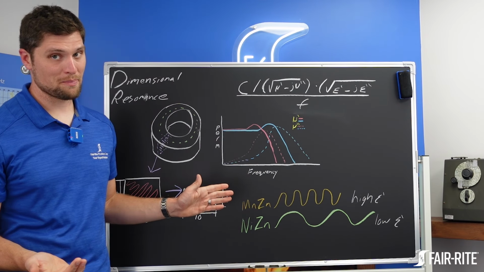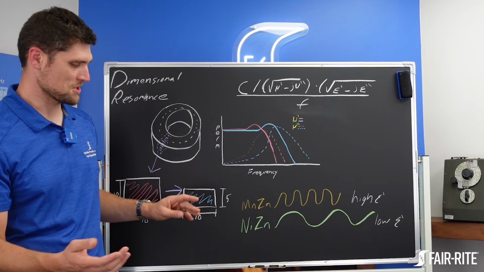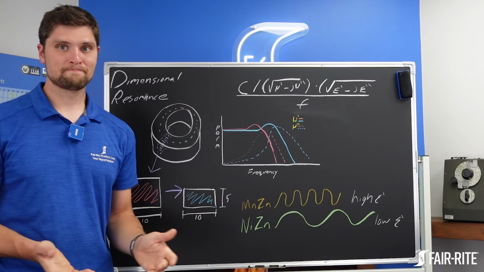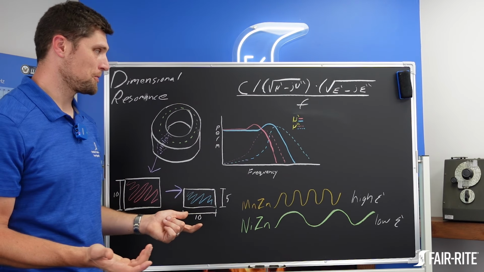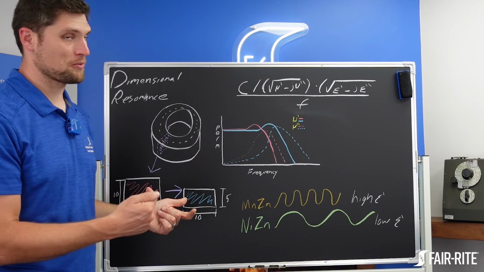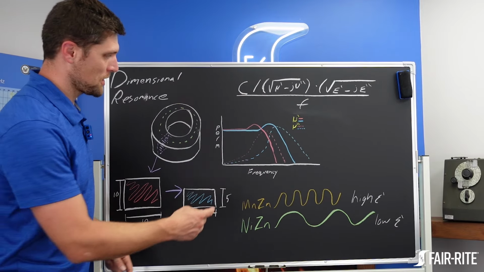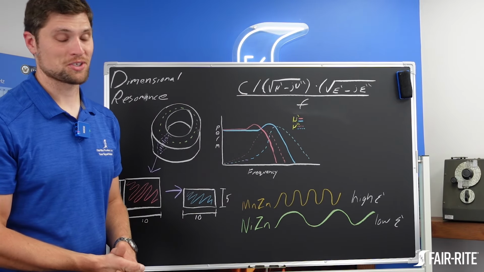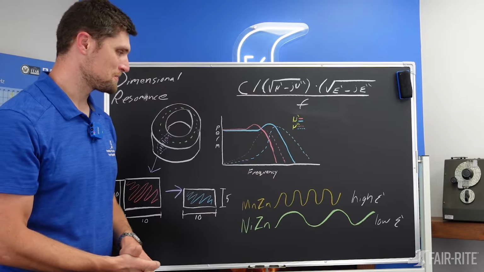And it's not even always a bad thing. Just kind of as a last aside, if you're trying to make a suppression core that suppresses down at a lower frequency, well, guess what? You can kind of leverage this, get a really thick core. It'll suppress down at lower frequencies. Anyway,